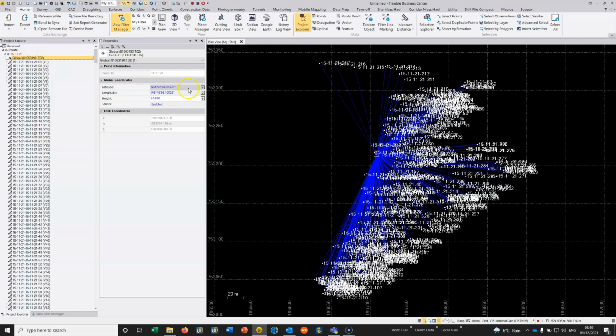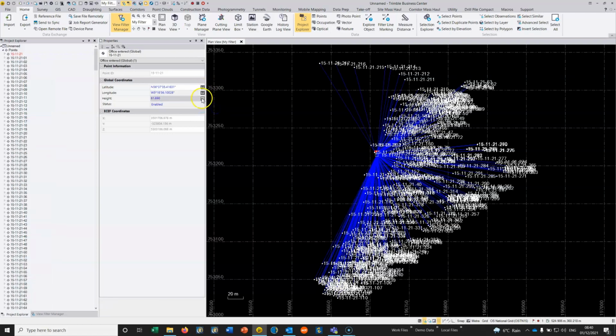It basically will just assume that it's a control quality point a lot of the time. We need to tell Trimble Business Center this is an unknown quality point. And what that means is it basically just moves it up or down a hierarchy. So if we move it from being a control quality point to an unknown quality point, then when we bring